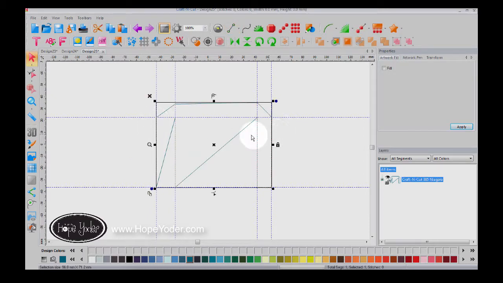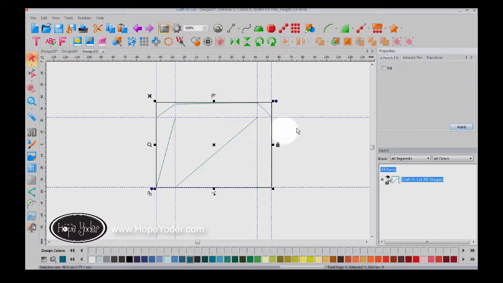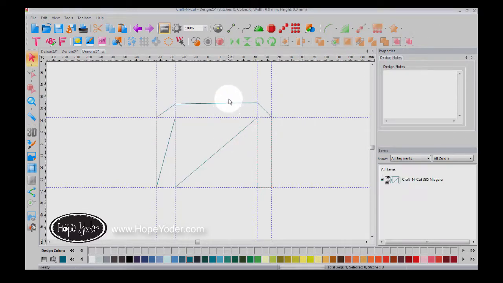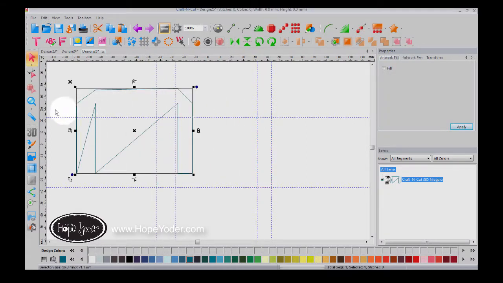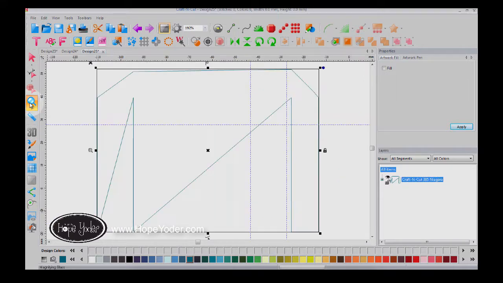I'll right click to finish the shape. Let's fill this with color, which it really isn't going to fill too much with color. Let me unfill it and see what happened here. With this shape, it isn't closed. If you zoom in again, you've got an open area here. So to close that, select the shape and select the close shape icon. And I've used the grid lines to create